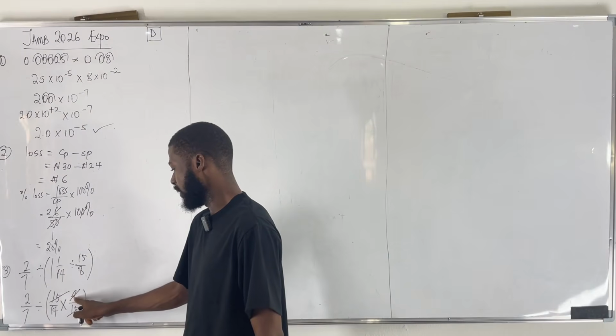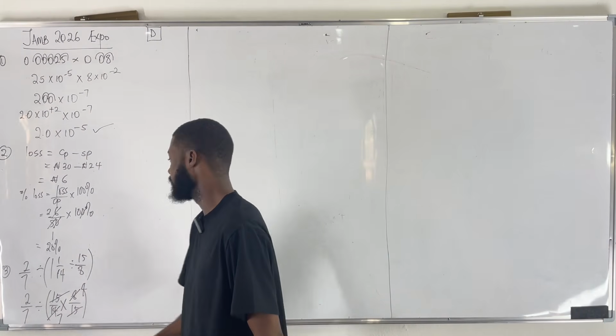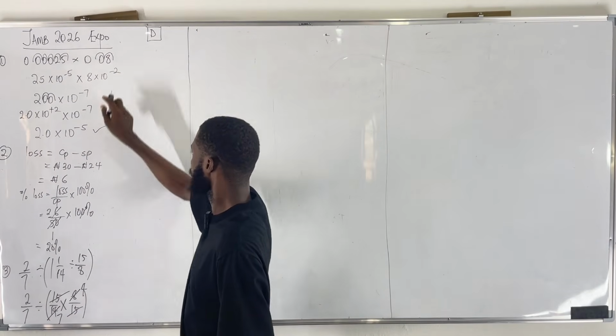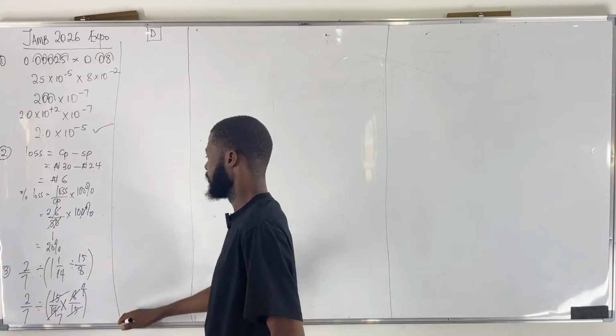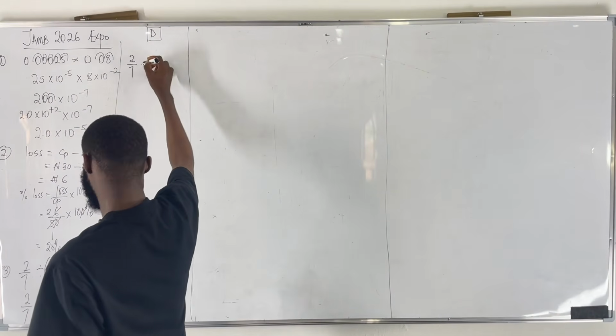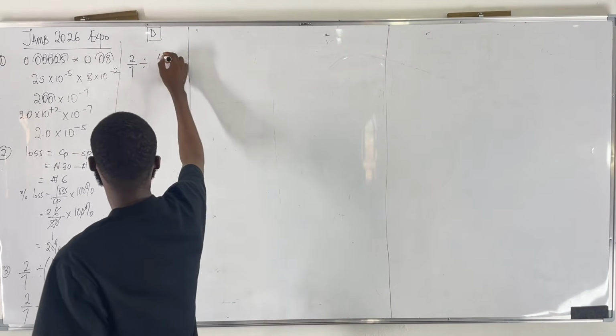Now, 2 into 8 here will give us 4. 2 into 14 is 7. So what will be the remaining? Yep. I want to start doing this division. What will be remaining will become 2 over 7 divided by, what's left at the top here is 4, then